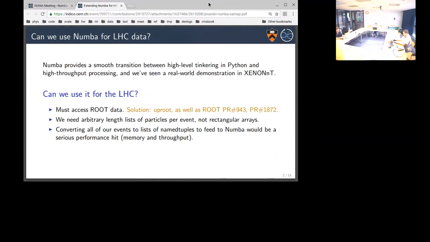One is Uproot, the Python package that I developed, which views ROOT data as NumPy arrays, exactly for this purpose, because I knew I was moving in this direction. It's found some other use cases along the way, but this was its reason for being, as well as 2 pull requests in ROOT that add a ROOT object to NumPy array conversion in a future version of ROOT.